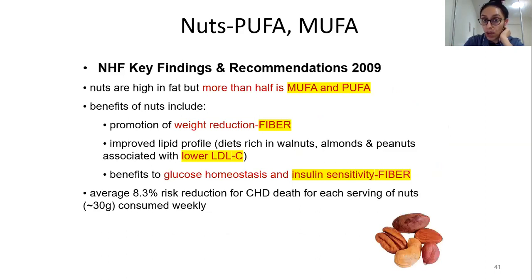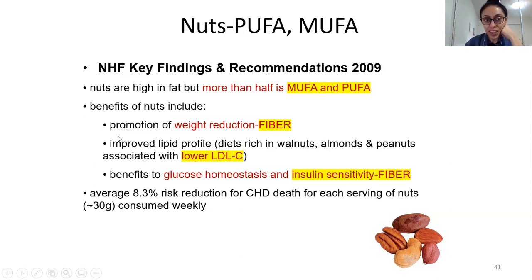All right, so yes, now you have your nuts. So yes, nuts are recommended. On average, what is recommended is say 30 grams of nuts. And generally in my clinical settings, when I ask my patients how much nuts do you eat, they say generally it is a fistful. This is not a fist, guys. This is like a clawful. Okay, so a clawful is not the right serve size. This is a fistful. Okay, so only this much amount of nuts will become your 30 grams. All right. So basically when I ask them, I'm like, no, this is a clawful. Okay, so you don't want to be holding nuts like this in your hand.